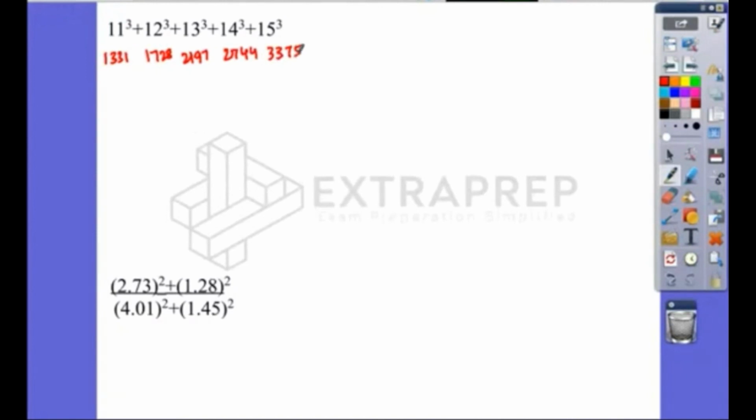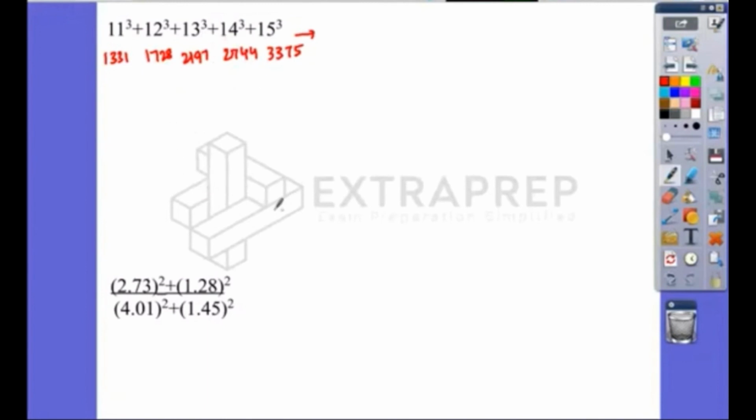See, just because I know the numbers doesn't mean you're supposed to add them up. What if somebody asks you a question to find from 11 cube till 20 cube? If they ask you to find 11 cube plus 12 cube plus 13 cube plus so on up to 20 cube, then it will be a problem. Though you know the cube values, adding 10 4-digit numbers is going to take a lot of time and there is a high chance for making mistakes. So it's better we use formulae. But see, they are in cubes and continuously. So when things are continuous, we always use the formula of sigma.